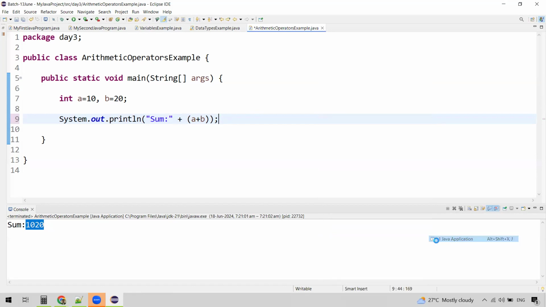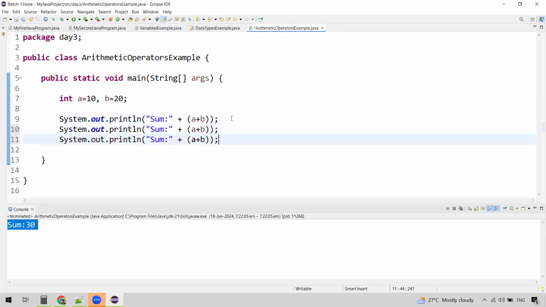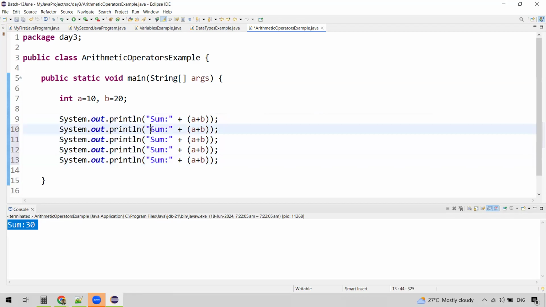Now let us see. You can see the expected output here, sum as 30. In the same way, we can perform some basic operations, like this is sum. Say for example, I wanted to find the difference. Okay, b is greater than a, so I'll just say b minus a. I wanted to find the product. What symbol will we use for the product? A into B. So for difference we use minus, and for product we use into,